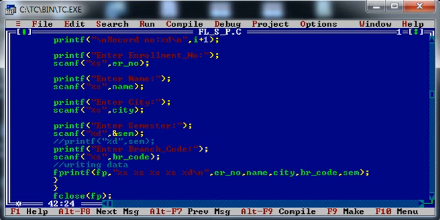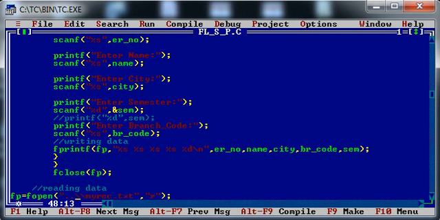Then my format string. See, at last I have mentioned \n because I would like to differentiate between 2 records stored in a file. That is why at the end of each record, the program will automatically add a newline character so that all the records will be stored line by line. They will not collide with each other, they will not mix up with each other. That is why I have written \n over here, and these are the 5 attributes to be stored in a file. After completion of the writing operation, I have to close the file pointer with the help of fclose(fp).